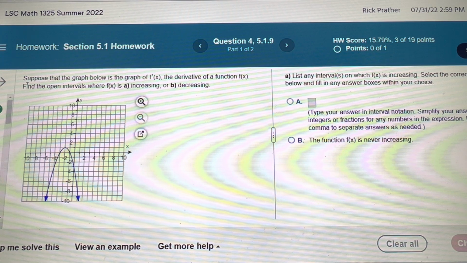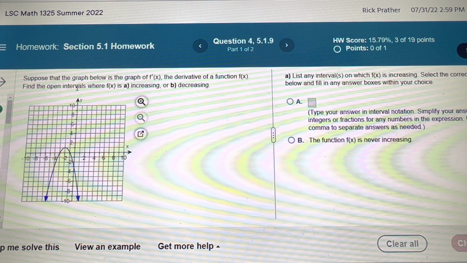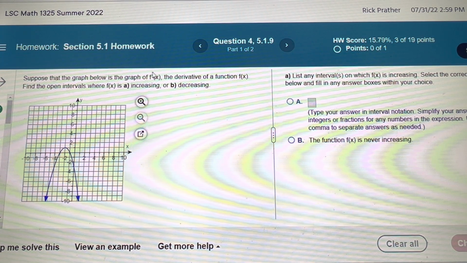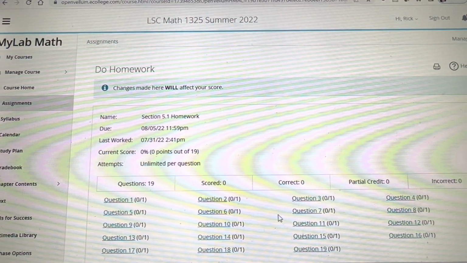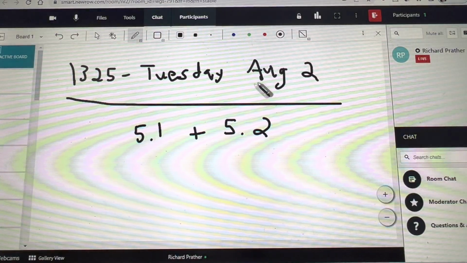Okay, now here's what's different. This will be a little more challenging. Suppose the graph below is the graph of f prime of x. They're giving me the derivative graph, the derivative of a function. Find the open intervals where f is increasing and f is decreasing. So this is kind of what we're going to do more of in section 5.2, but